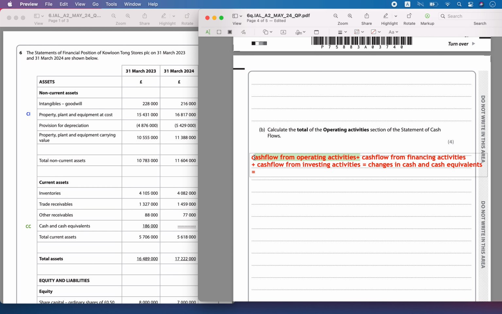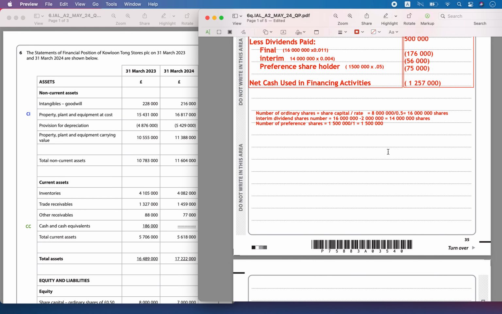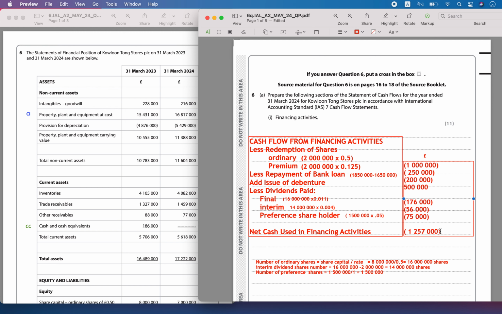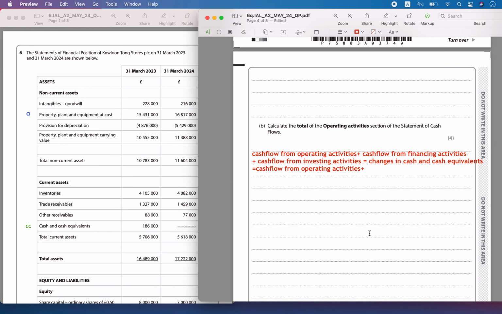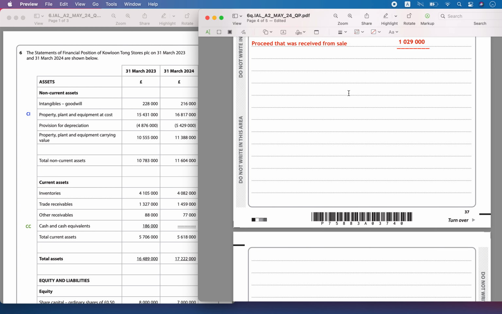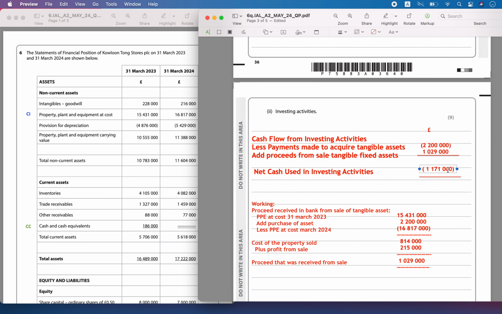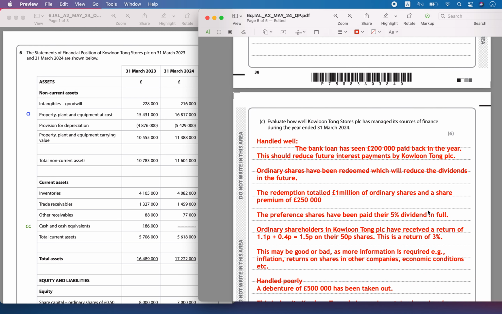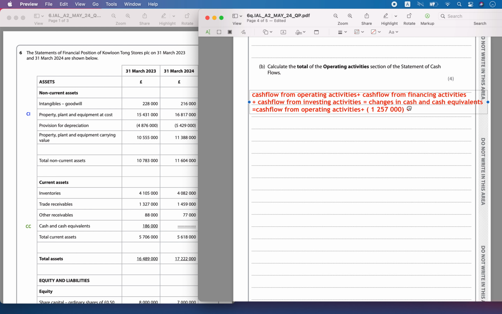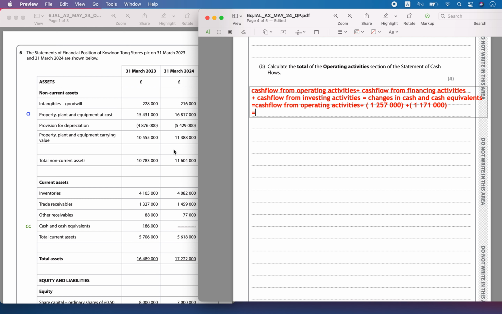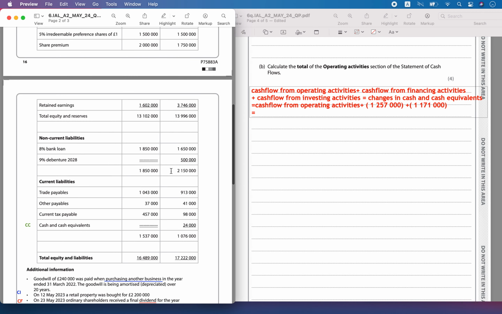Let's calculate this. The cash flow from the operating activities is this much, so let's write it. Then the cash flow from the financing activities is 125,000 to 7,000, then plus the cash flow from the investing activities is going to be equal to 171,000, so that is equal to 171,000. So that should be equal to the changes in the cash and the cash equivalents that has happened during